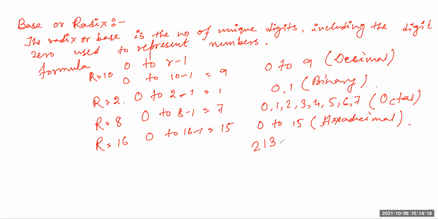Sir, because it is a 3-digit number. No, it is not a 3-digit number. I have said earlier that suppose you want to pass a 2-bit hexadecimal number. So in that case, suppose it is a 2-bit hexadecimal number. I just told you, that's why you should assume that this is a 2-bit hexadecimal number.